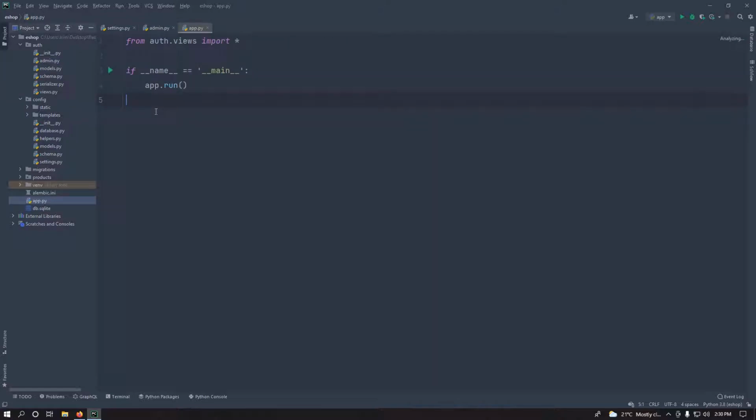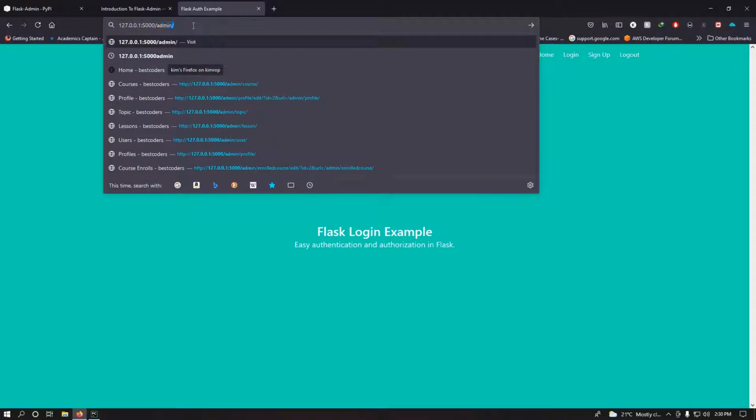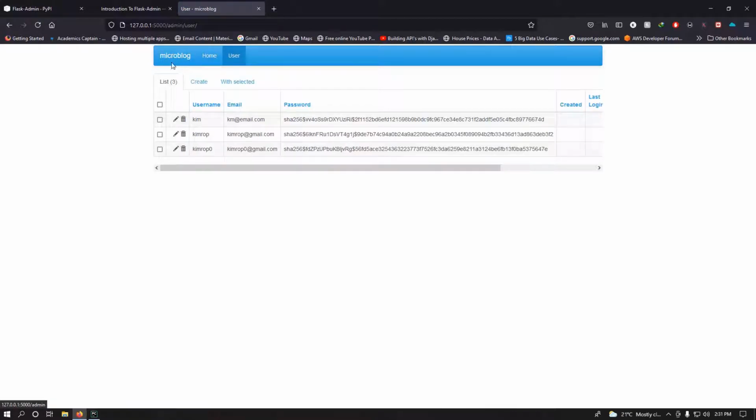Finally, let us just go and test this. Just say from out dot, let's say models, just import. Is it from models or from admin? I guess it should be from admin. So actually this thing is normally really too easy. Slash admin. And you see, when we came over here, we have a few things that have been added for us, which is the name for your application, and you can always change it. And then we have this for user, which we just added.